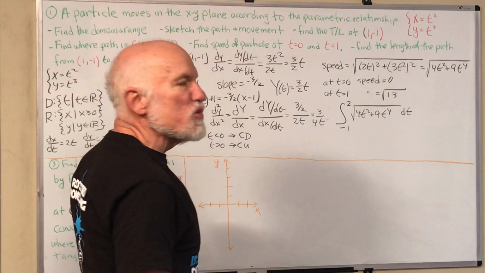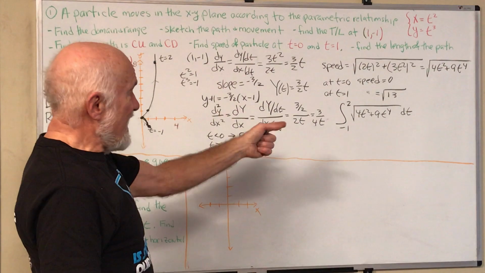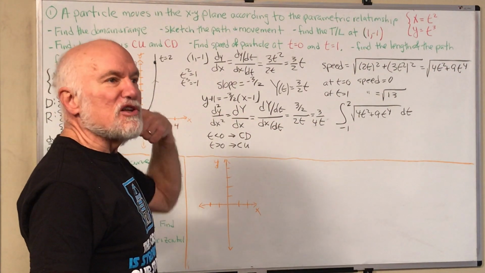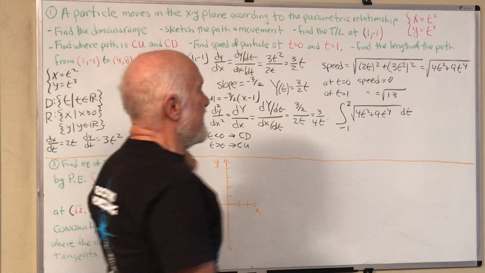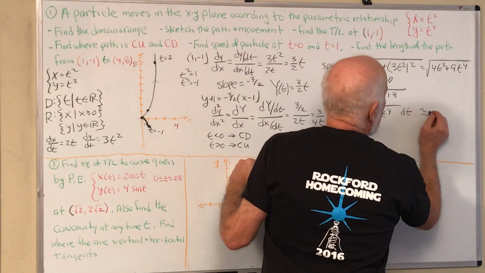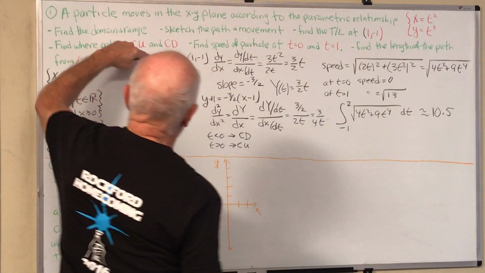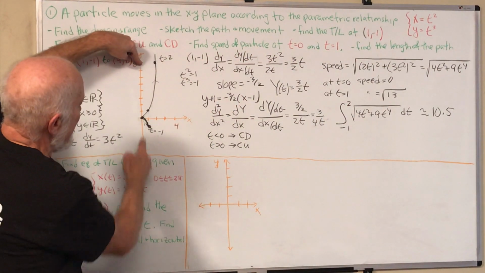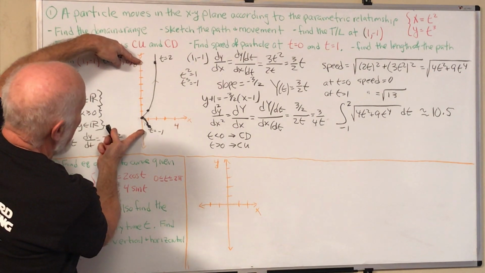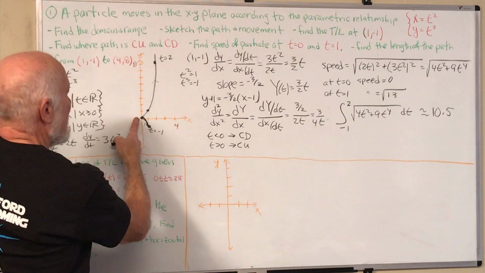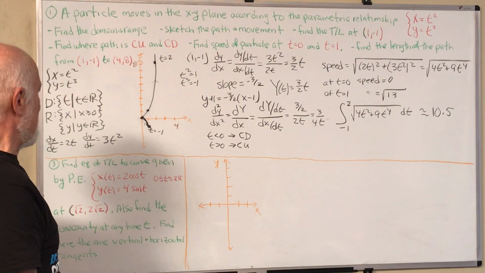Well, we don't have a lot of room, and plus this isn't the idea of this lesson. It's actually an interesting integral to do without a calculator, but with a calculator it comes out to be about 10.5. Which makes some sense, because here you're up here at 8, and from here to here, from -1 to 8 is 9. So to say that distance is 10.5 does make some sense.